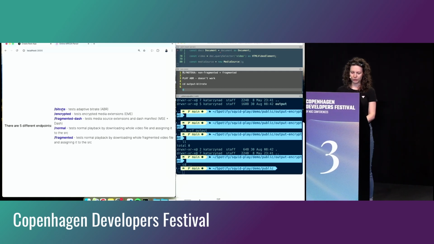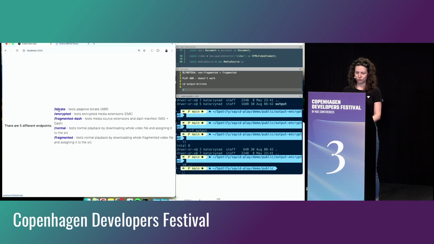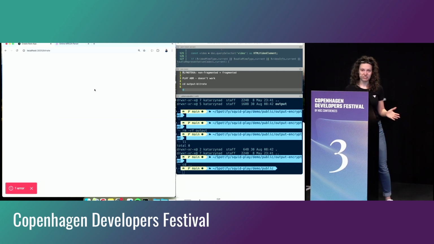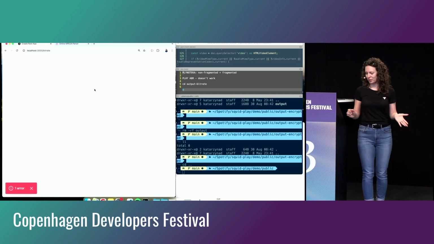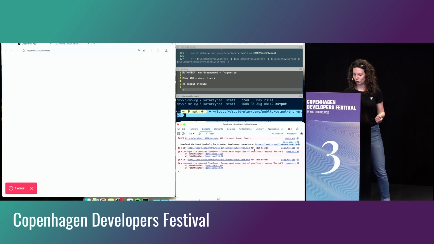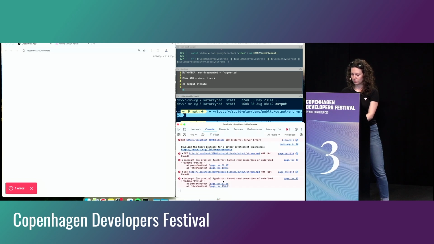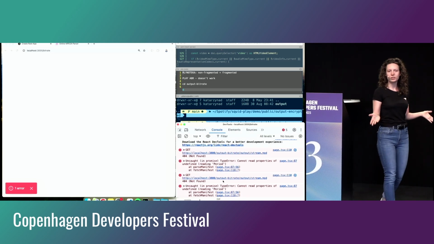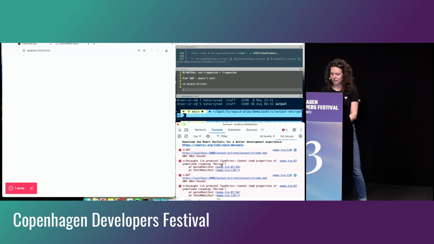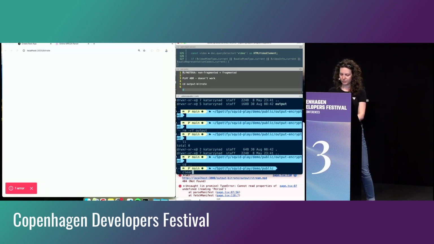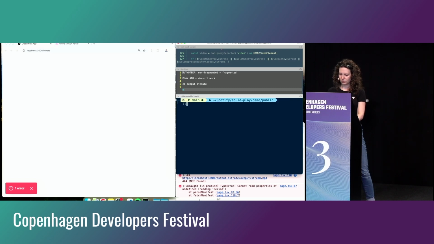Cool, so let's go to the bitrate, because this is the very first part of the demo. And as you can see, nothing is here, right? I mean, we have one error. If we go to the DevTools, yeah, 404, nothing found. Yeah, I think it's bigger now. Yeah, so nothing works. And it actually makes sense, because if we look at my terminal here,